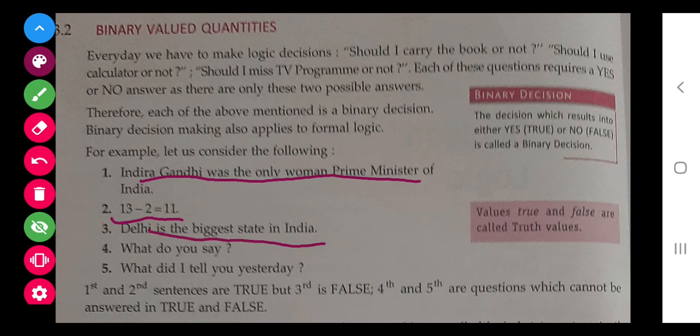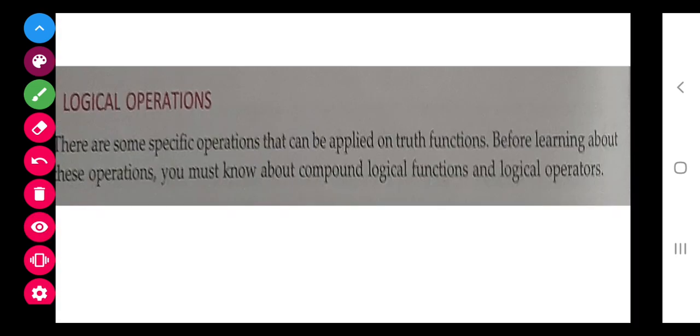Delhi is the biggest state in India, that's false. But this is a statement for which you cannot say true or false. So these are not binary valued quantities, or you can say these are not statements of Boolean algebra, as you cannot say true or false.